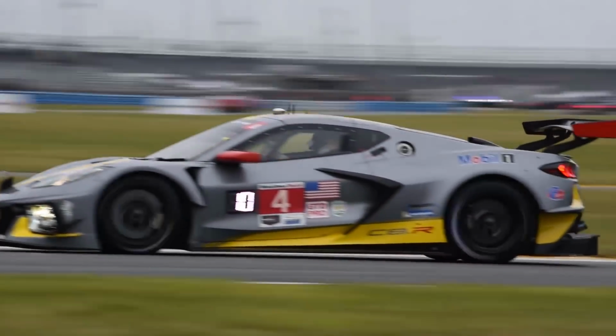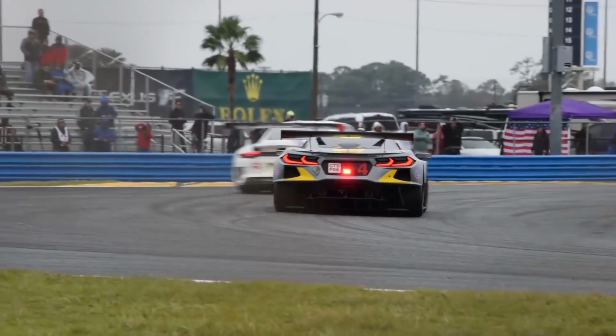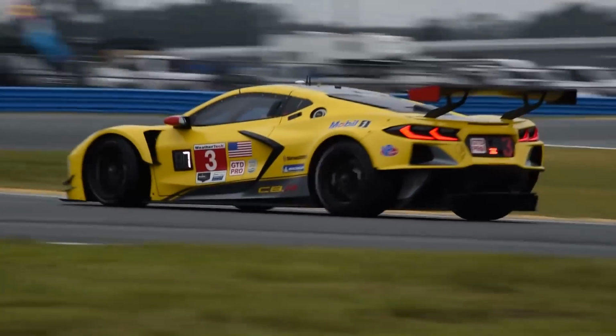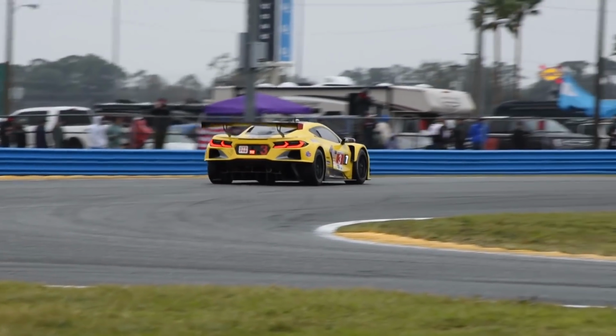Corvette. Big story has been the Corvette. The fact that they have been so painfully and obviously slow. Well, they've gotten a BOP boost. They've been allowed a slightly larger air restrictor on their motor. Yes, restrictor plate racing is in IMSA. That's going to allow them to have a little bit more power. I think they've also had a little bit of fuel capacity change,